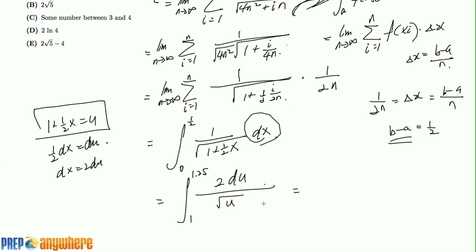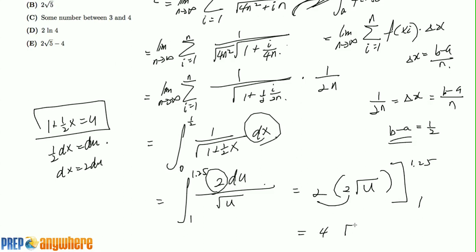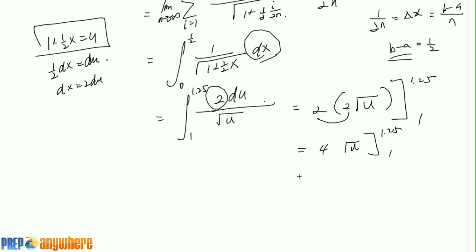So the antiderivative of square root of u, this 2 right here I'm going to factor out first. So I'm going to find the antiderivative of 1 over square root of u, which is 2 root u. Okay, and then we need to now insert 1.25 and 1. Now these two 2's can be combined to give you 4. Now let's plug in our numbers. You get 4 square root of